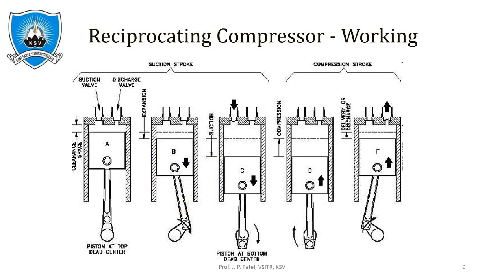Now let's see how it works as a single acting reciprocating air compressor. Already we have seen the construction of a reciprocating cylinder, in which one piston is placed. Let's start with the topmost position of the piston, when the crank and connecting rod are in line and the piston is at the top position. At that time, the suction valve and discharge valve are both closed. Now the motor starts and the crank starts to rotate in the clockwise direction.